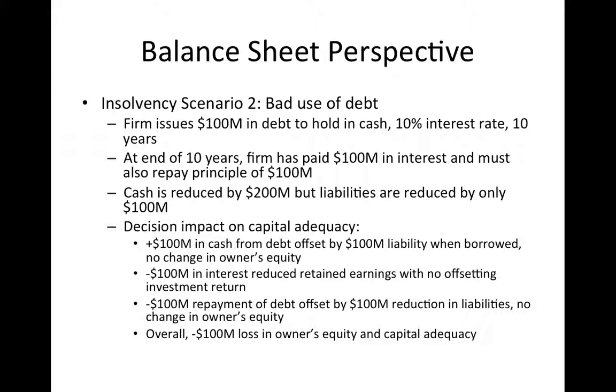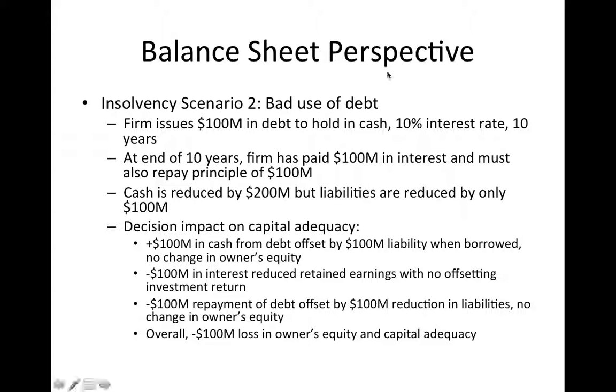Second might be a bad use of debt. We talked about this example. Let's say they issue $100 million in debt to hold in cash. That's all they're going to do with it. They're going to pay 10% interest per year on it for 10 years. So at the end of the term, 10 years, they've paid $100 million in interest, and then they also have to pay back the $100 million they borrowed. And so the cash account is ultimately going to be reduced by $200 million at the end, but the liabilities are only going to be reduced by $100 million. Cash reduced by $200 million over the life of it, and liabilities, when it's paid off, will only be reduced by $100 million. And so